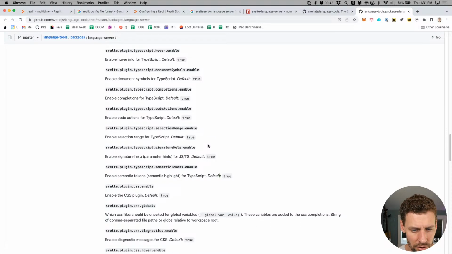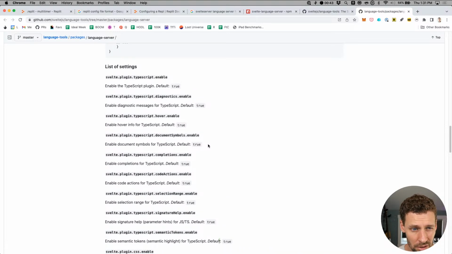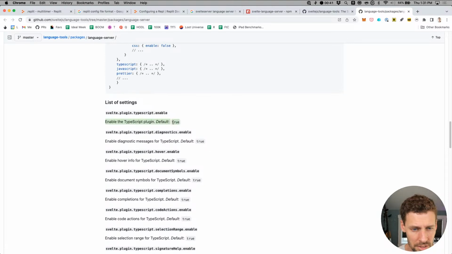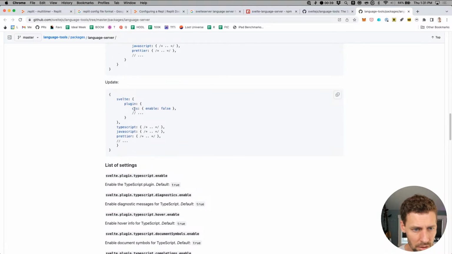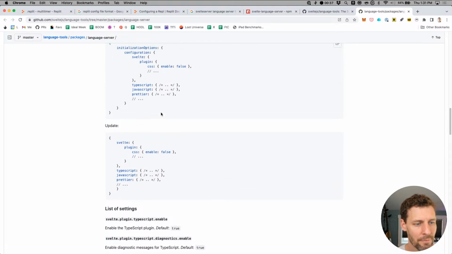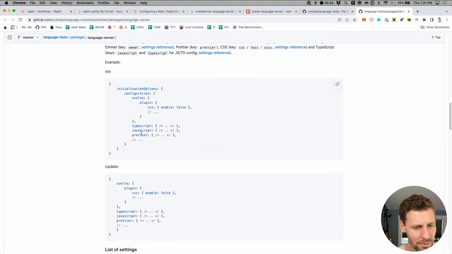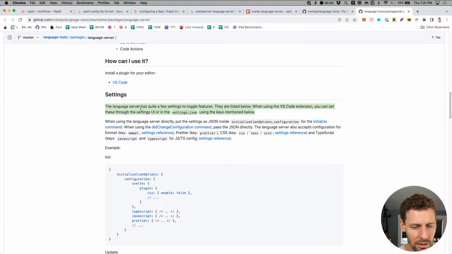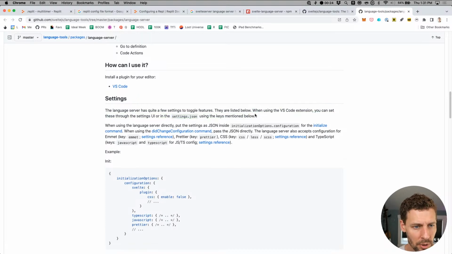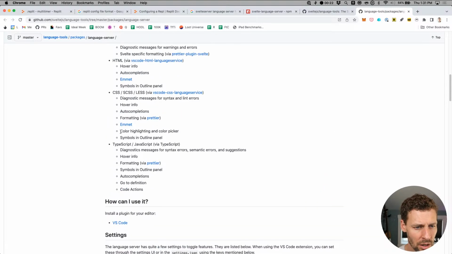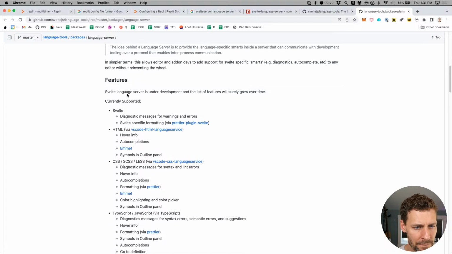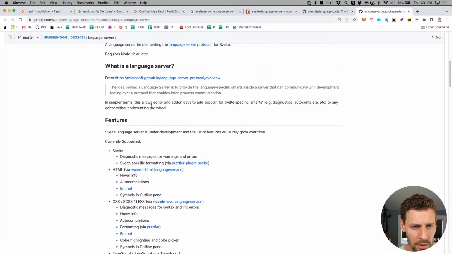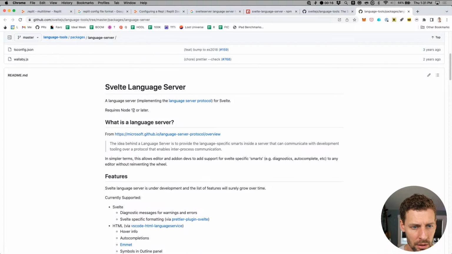All these things are on by default. Okay. Enable the TypeScript plugin. Okay, I'm not sure that this, well, there's prayer. When using, oh, that's when using the VS Code extension, but we're not using the VS Code section. Svelte language servers under development.